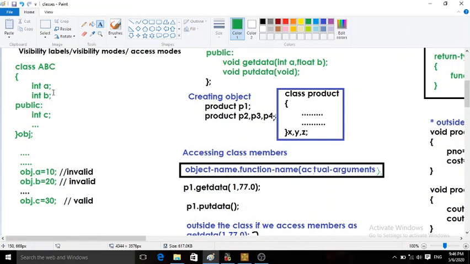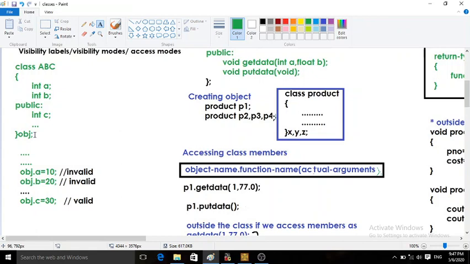That means A and B are not directly accessible from outside the class. This is hidden from outside. Whereas in public, I have declared one data item, C. At the end of the class, I have declared an object named obj, and the semicolon.